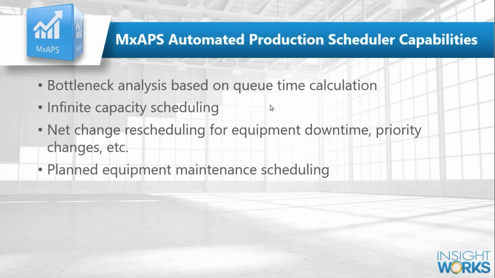What if I run an extra shift on it? Or what if I get another piece of equipment in or something like that? That's going to make my schedule significantly better. So we can do those sorts of analyses as well. I mentioned finite capacity, but we can also do infinite capacity. Kind of goes with the bottleneck stuff here as well. If you want to see what it would look like if you didn't have capacity constraints, you can do that as well. Okay. Net change rescheduling, again, so I don't have to necessarily reschedule everything.